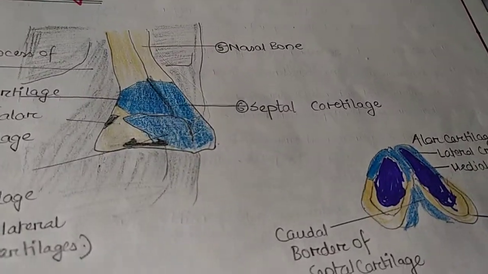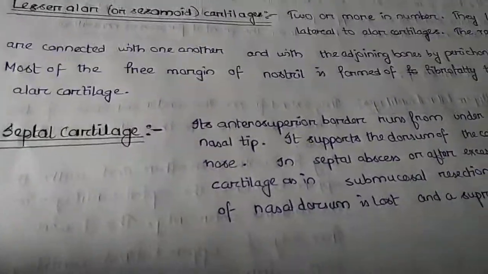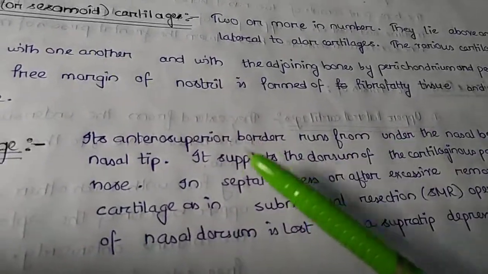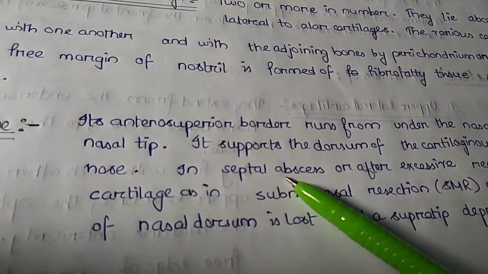Now coming to the septal cartilage, the last type of cartilage. So there are 4 cartilages in the framework. The septal cartilage, its anterosuperior border runs from under the nasal bones to the nasal tip. It supports